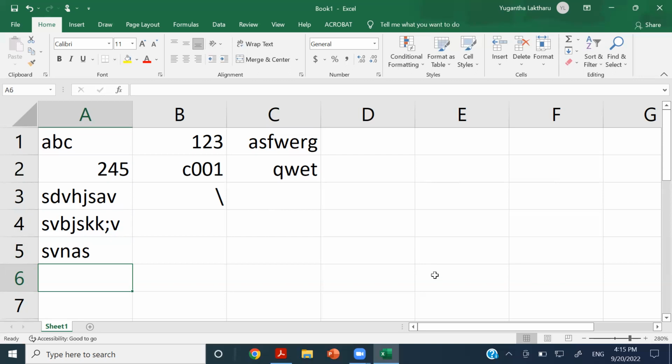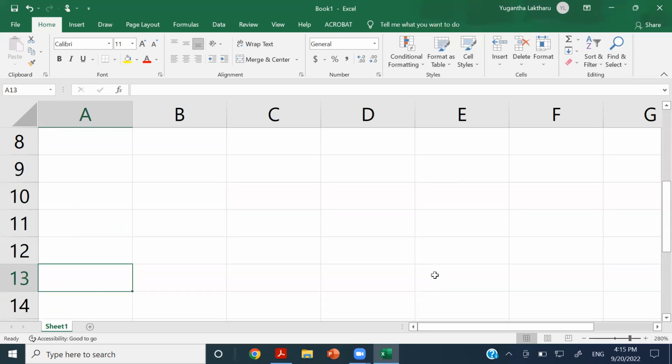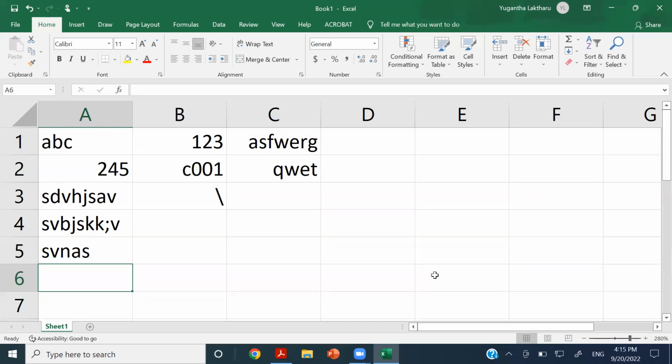Right? And Page Up and Page Down will help you scroll page by page. So if I press Page Down, now in this page you can see the rows from 1 to 7. If I press Page Down, it's going to be 8 to 14. If I Page Down again, 15 to 21, likewise. So Page Up does the same thing